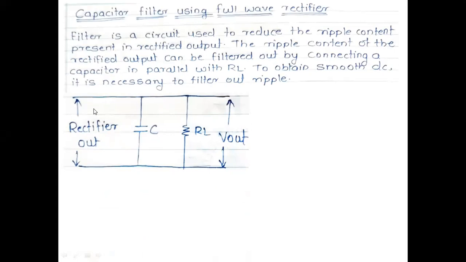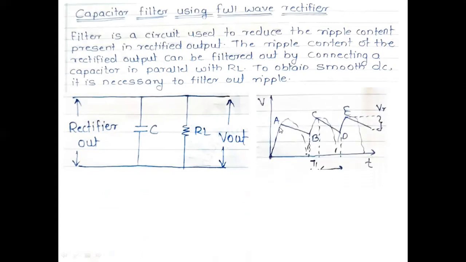Next, what will happen? For the positive half cycle, the capacitor will charge here now. Current will flow here and it will charge the capacitor, as well as the diode. When the diode conducts, the current will flow through the load also. We are going to get the output here now, 0 to A, the peak value. Previously, without the filter, it would come back to 0 and come back to 0.